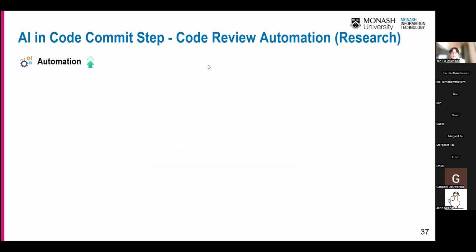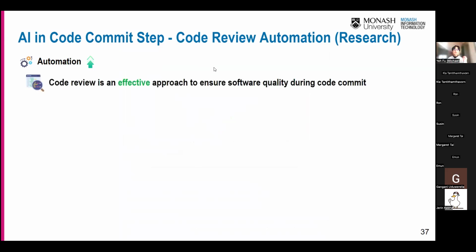Okay, next I'll talk about how AI helps code review. We know that code review is an effective approach, because whenever we commit code, we don't want to merge insecure or vulnerable code into the main branch that may make the software system crash or become insecure.